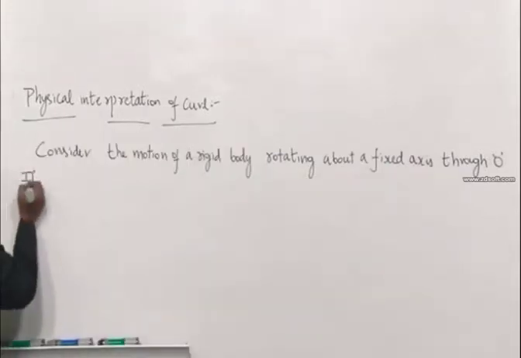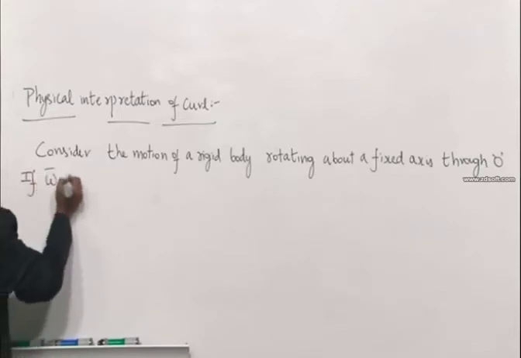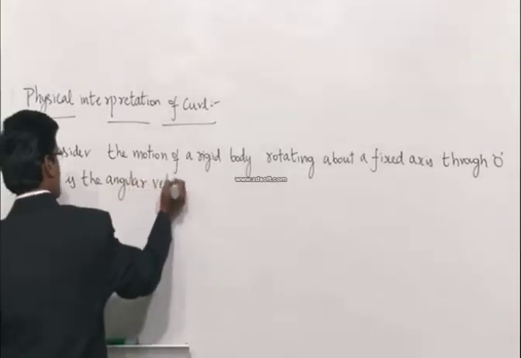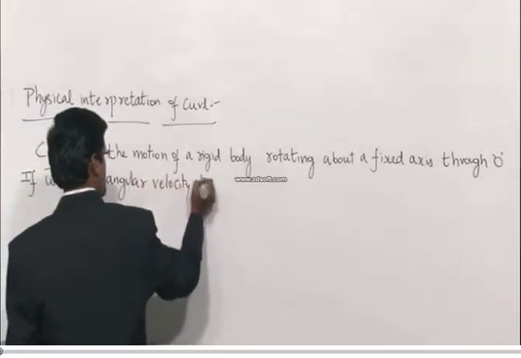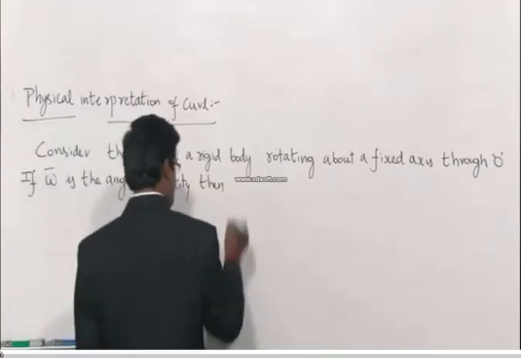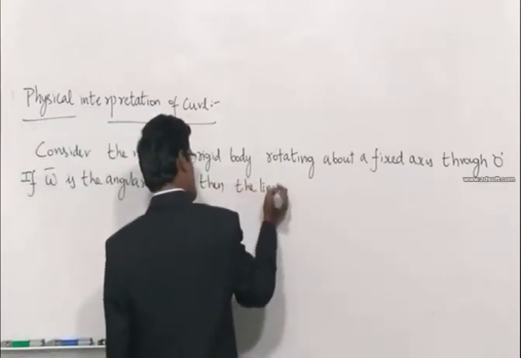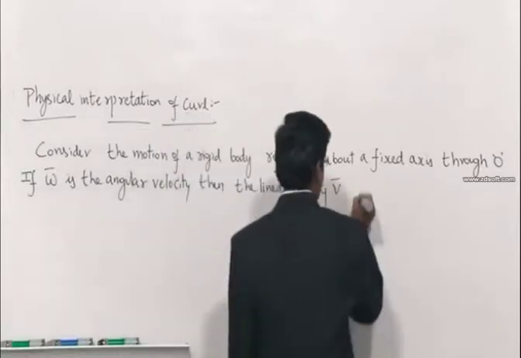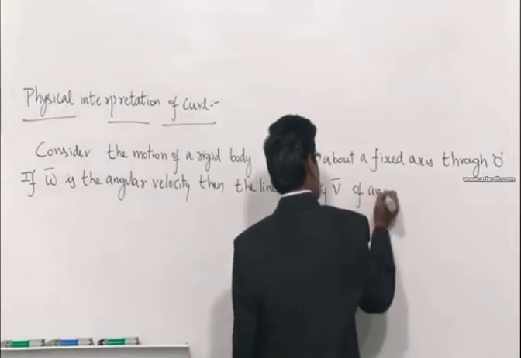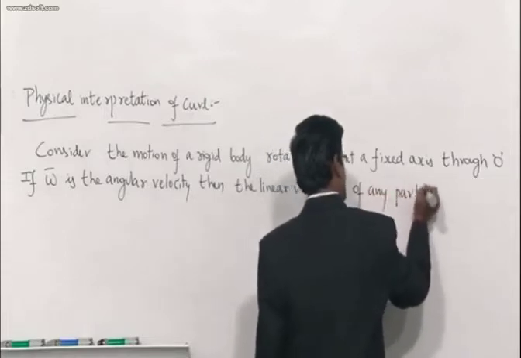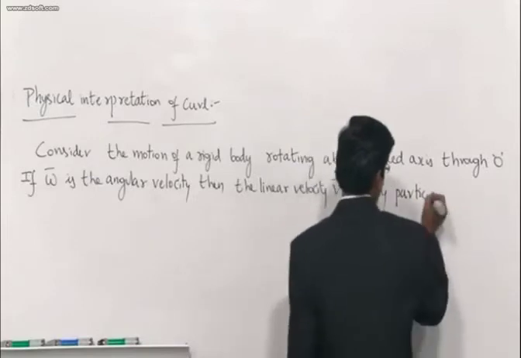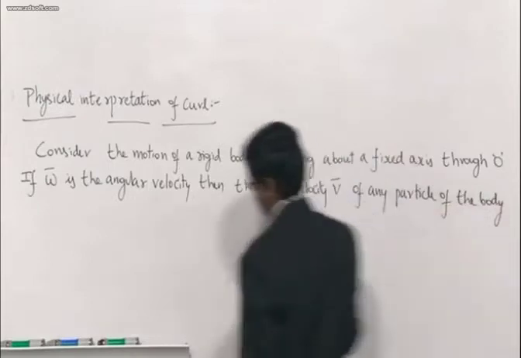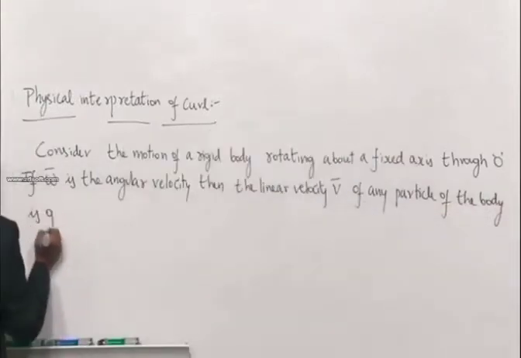If omega bar is the angular velocity, then the linear velocity v bar of any particle of the body is given by